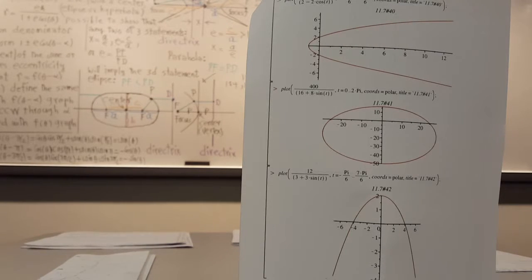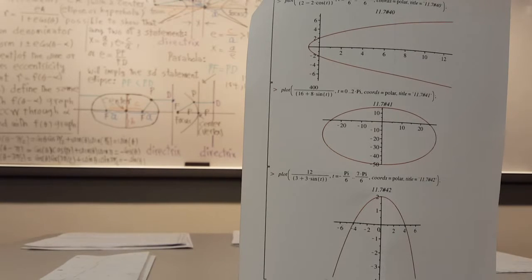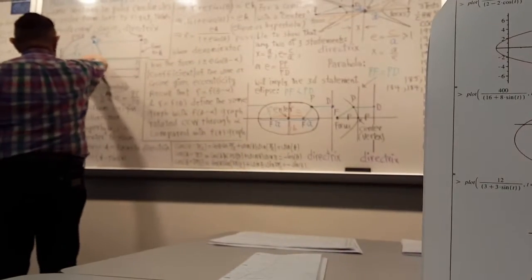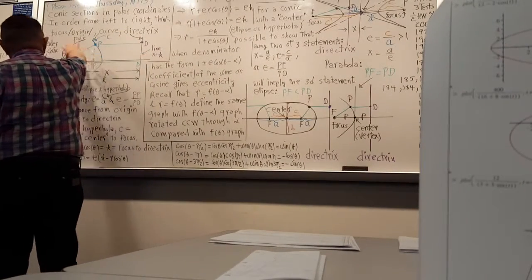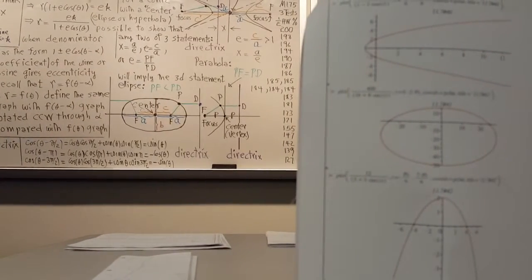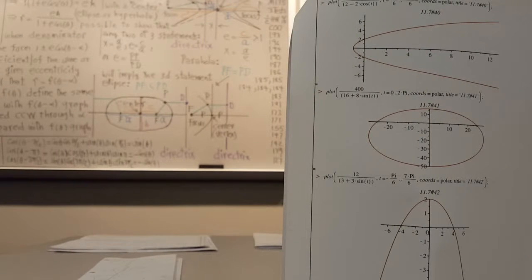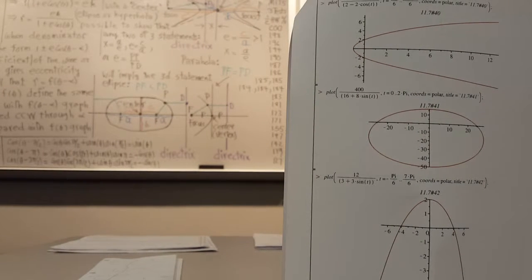And then you get an ellipse again, and you see now it's as though you've rotated this figure so that you're in the position where the pole is at the focus that's up at the top of the picture, and